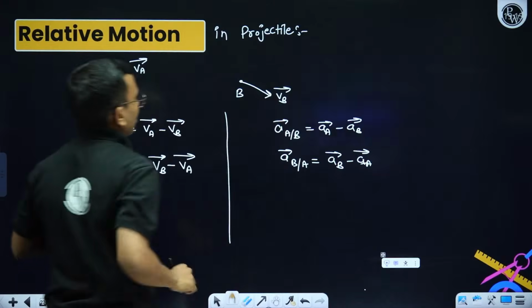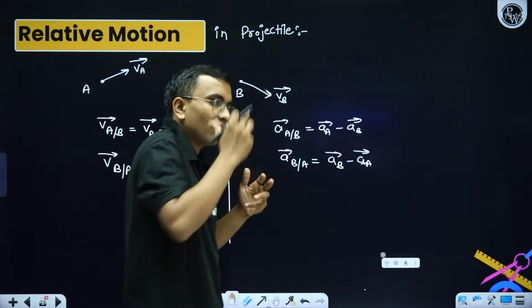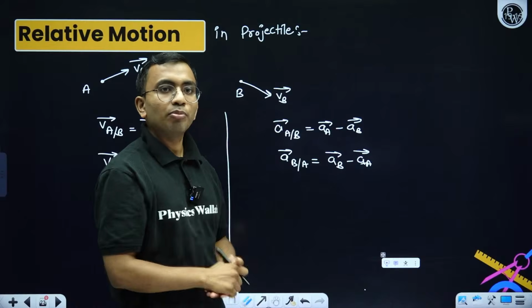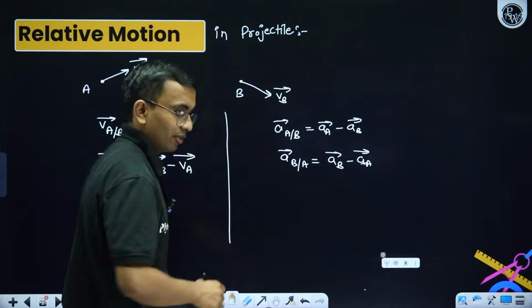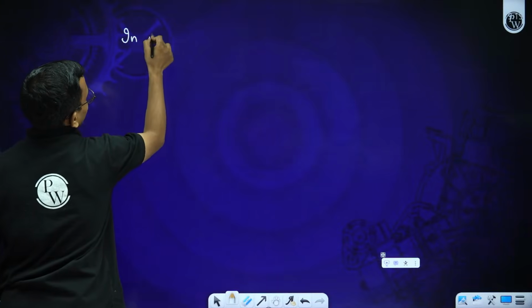Okay. So when two particles are projected and then you observe the motion of one particle with respect to the other, that will be a straight line, because the relative acceleration there is 0. Okay. So in projectile motion,